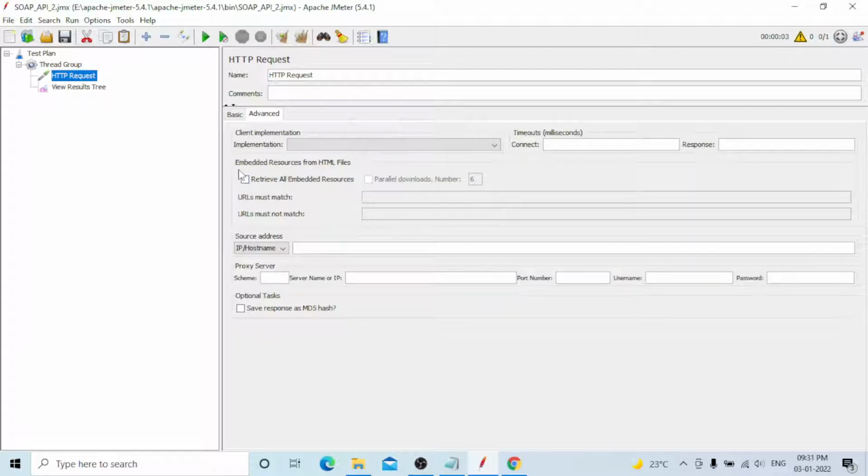Sometimes you will also use 'Retrieve all embedded resources'. What does this mean? You need to capture different types of files, capture the request and get the response. For those files, the loading time will also be calculated. And in general, you need to provide your